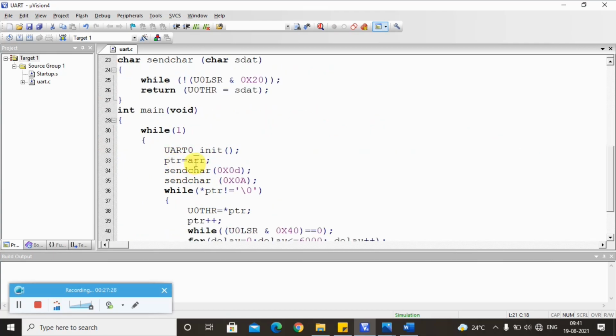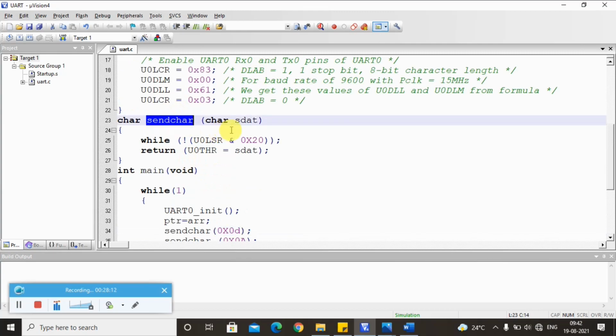And after that we are taking the first character in the pointer, and of course we need to set the cursor positions, right? So send the character, this is a function, and for that function you are passing the hexadecimal of D. The ASCII code of the enter key is 13. That means new line, you know, right? That line feed we say. Line feed is D. So this is the ASCII code of line feed, so that the cursor will be in a new line and it will be pointed to the first position, that is carriage return, that is 10. Okay, ASCII code of carriage return is 10 and ASCII code of enter key is 13. So D means 13, A means 10 here. So that we are going to pass as a parameter to the send character.